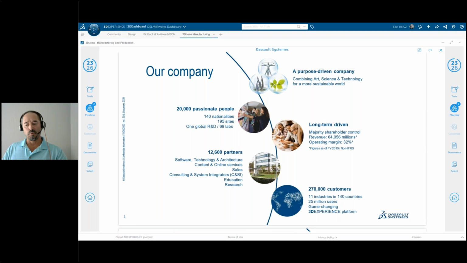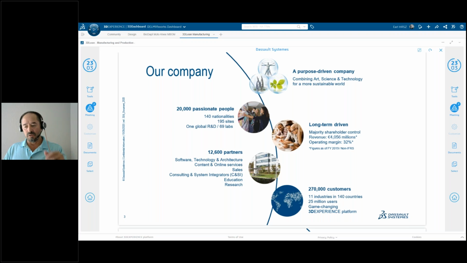First, a little background. Dassault Systèmes is known as the 3D Experience company. We are purpose-driven, and we think of progress in terms of balance and impact. We are comprised of 20,000 passionate people from 140 nationalities, sharing the same passion for innovation as our large R&D team, which is connected